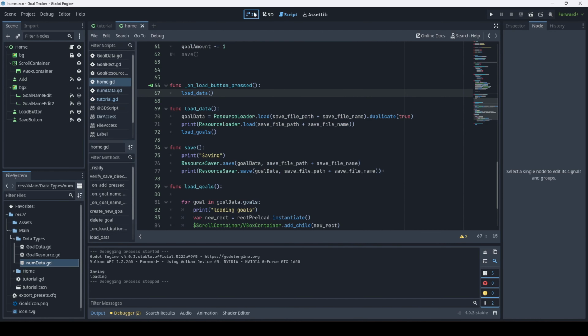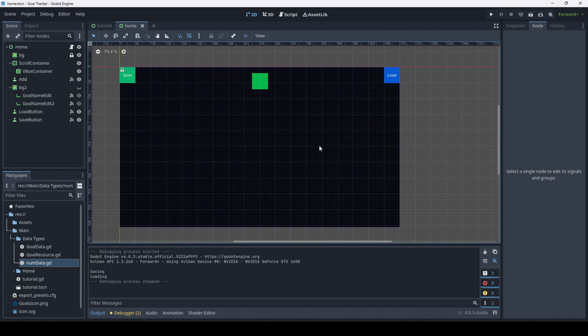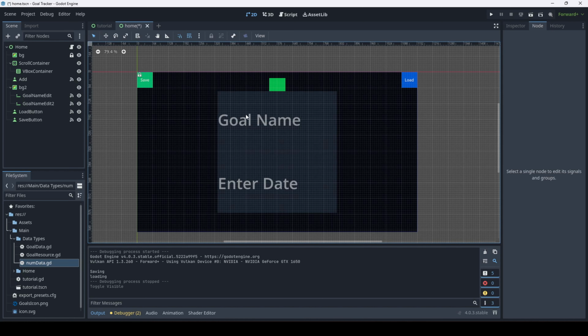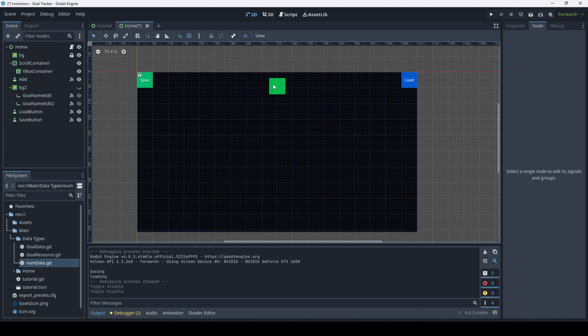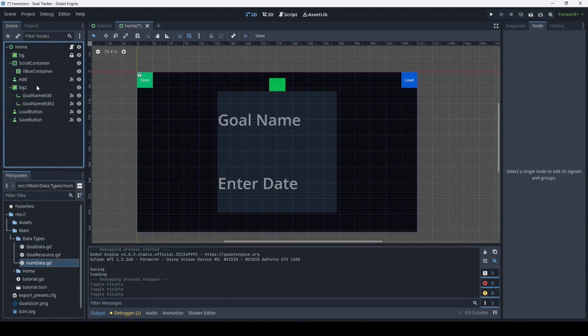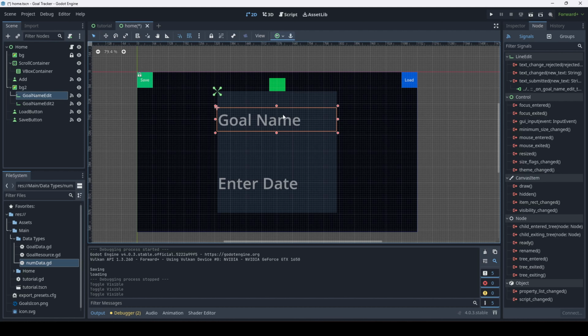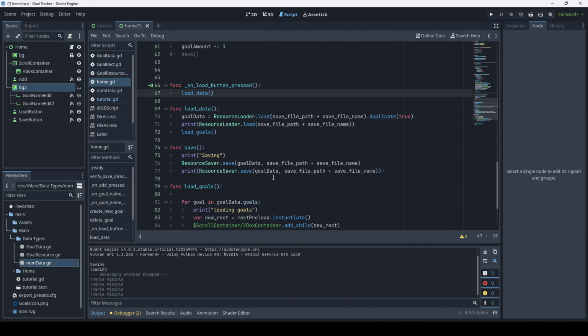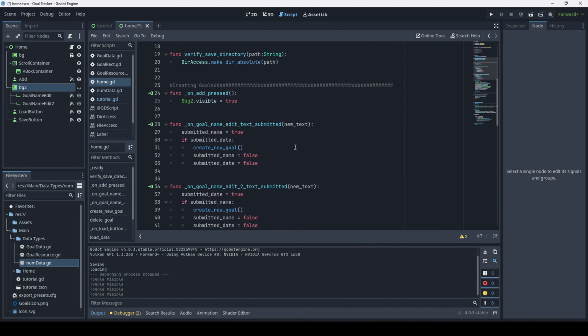Alright, so this one is a little more complicated. It's a goal tracker, right? So when you press this add button, this background will pop up and you can enter the details of the goal and press enter on each of the text line edits, I think they're called, and it will send a signal